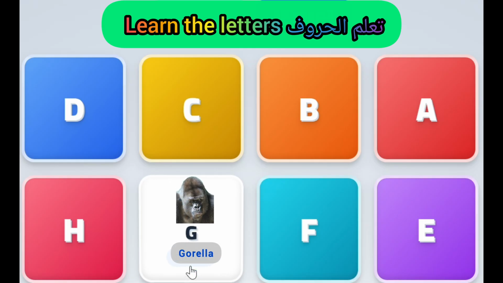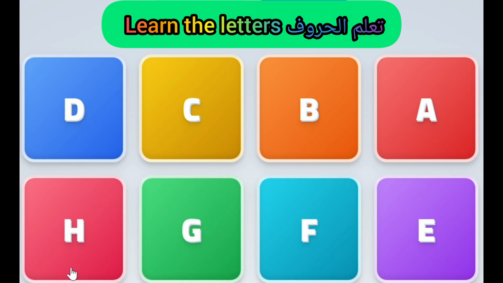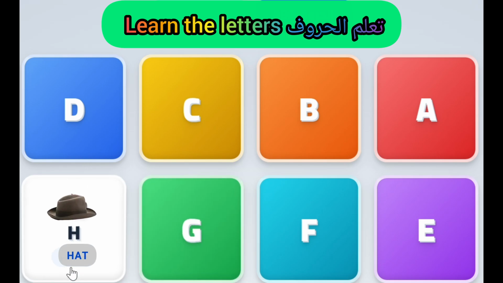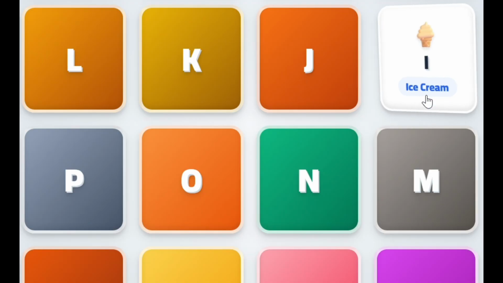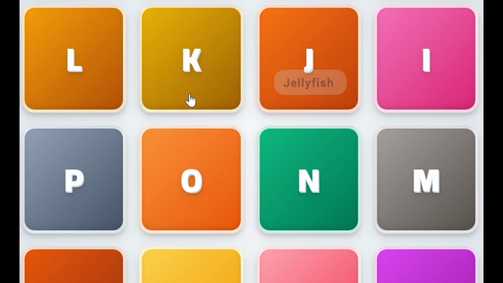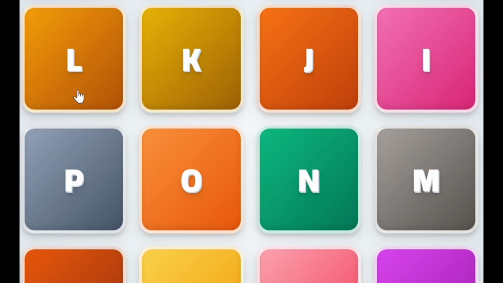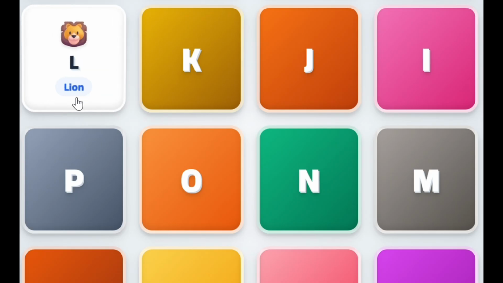G for gorilla, H for hat, I for ice cream, J for jellyfish, K for koala, L for lion,